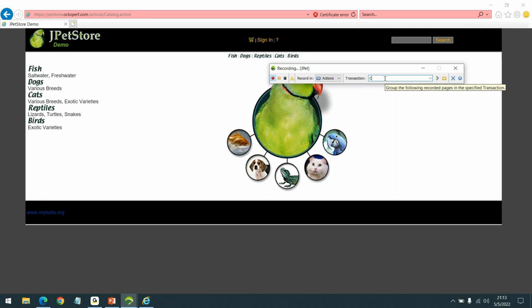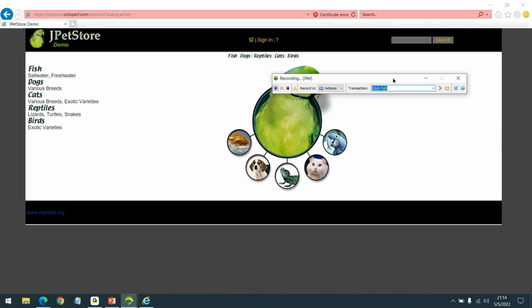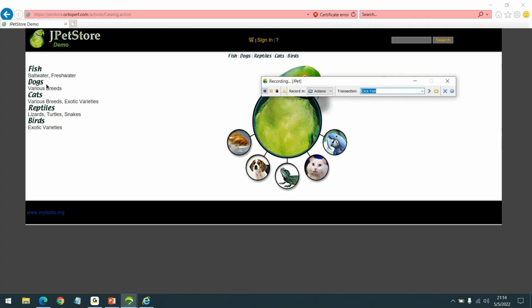Let's say I would like to go to the next transaction, or you can also call it a user action. We will discuss workflow scenarios, different performance terms, keywords, standards, and best practices, all of them, as we progress with the course. This is just a demo session, so I just want to show you the look and feel of this tool.